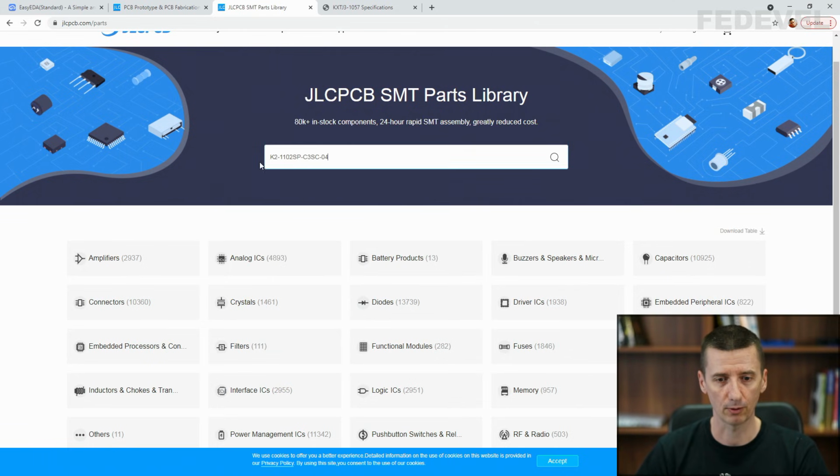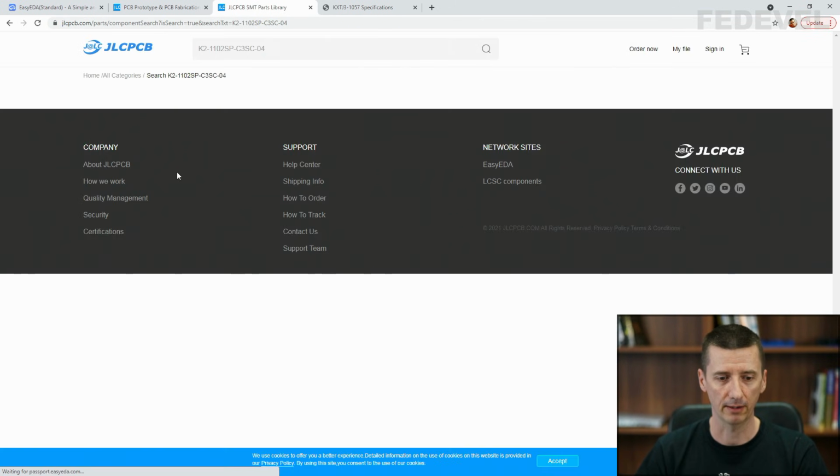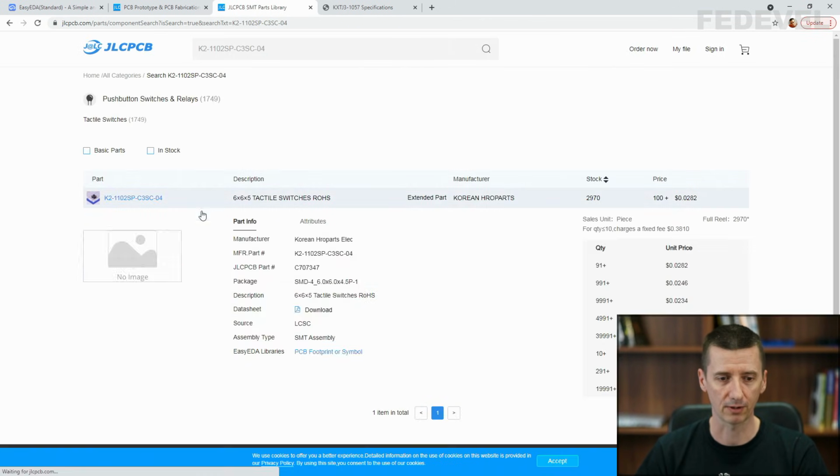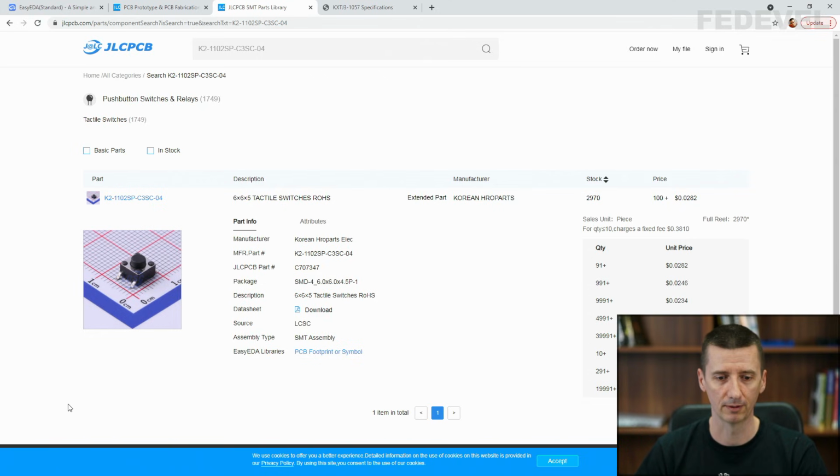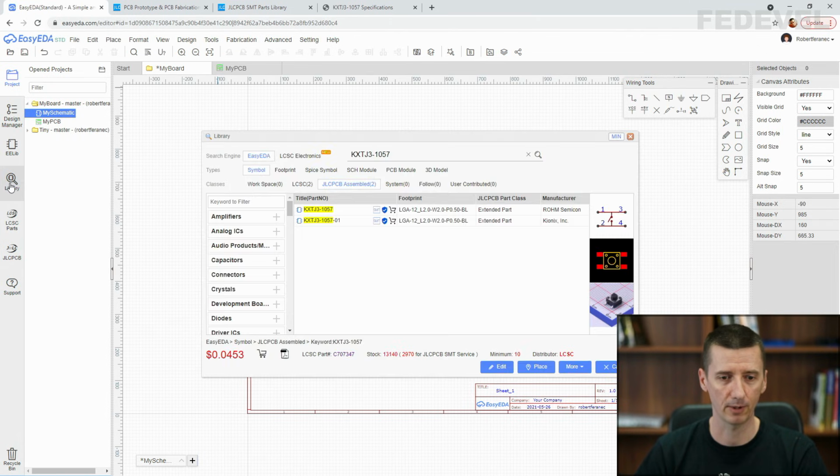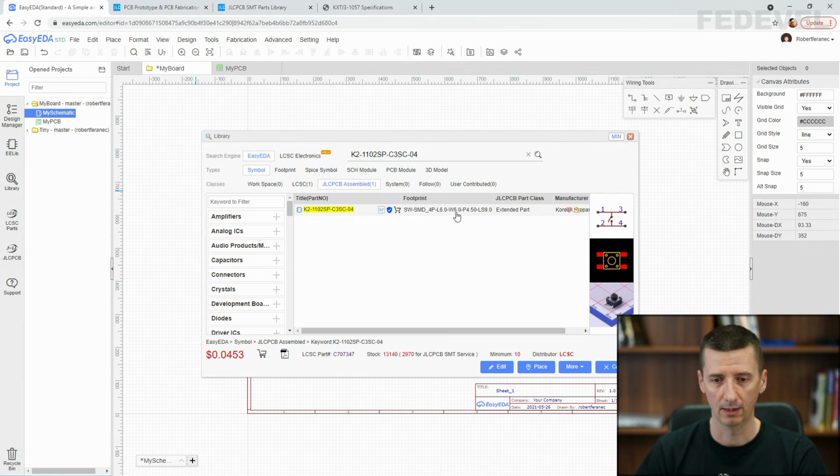If you like, you can use the same, search for this number. I use it because it is a standard button. Copy this manufacturer part number, go into our schematic, click on library, Control V, search for this button, left click. It is available for JLC PCB SMT service, and minimum quantity 10.